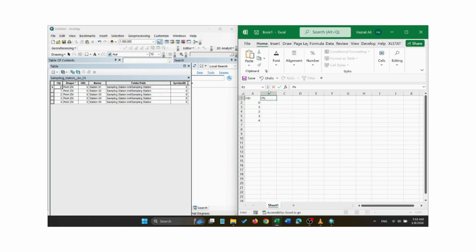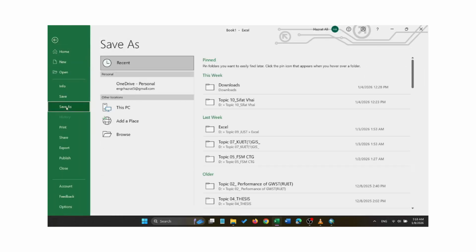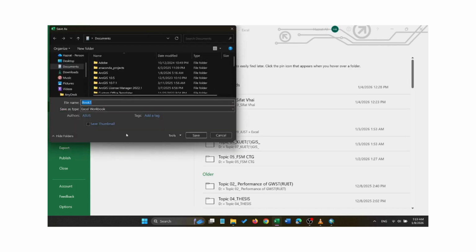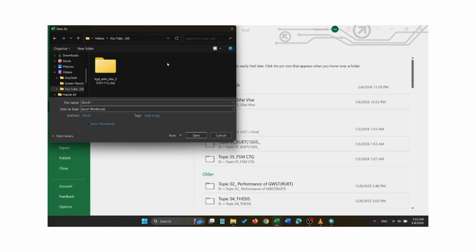Then after doing this analysis, the pH value, DO value, or COD value, or BOD value, all of the values that you want to plot in GIS, you have to write here carefully. You can collect this water quality value or air quality value from different websites also. Like in Bangladesh, you can get the data from Department of Environment. They publish on a yearly basis the groundwater quality or surface water quality data, water quality parameter data. So here I save this file,